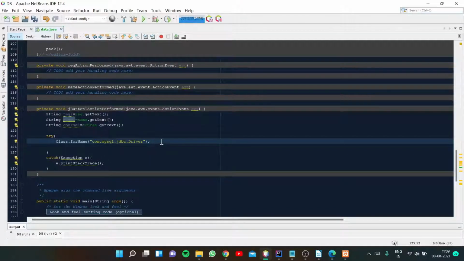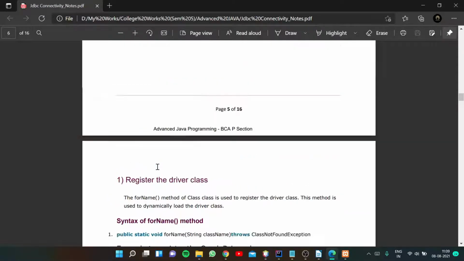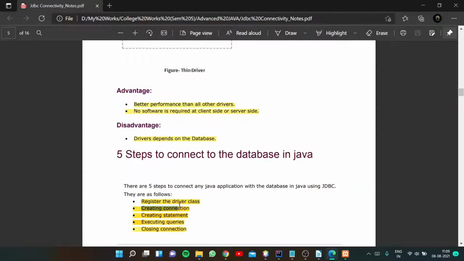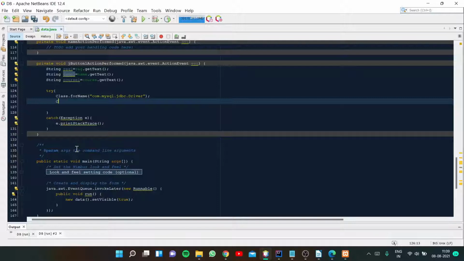Now what we have to do, we have to connect. So the next step is connecting to the database, creating a connection. We are opening a connection to the database. For opening a connection, the keyword is simple, just Connection. Connection is a keyword itself. I'm just going to give a variable c, which is equal to, we are not giving the new keyword here. What we are going to do is start a connection.